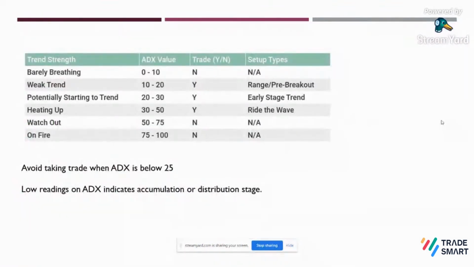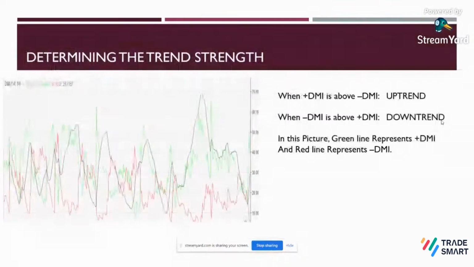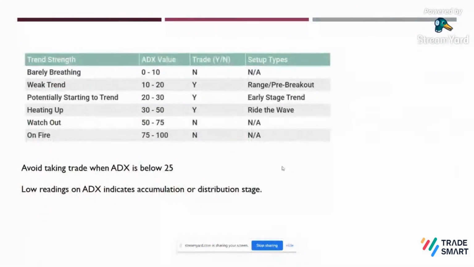So now, ADX has its own range. As you can see from the previous slide, this quantifies the ADX line. It shows how strong the trend is. So it gives us an idea that we can compare with the previous data as well, to see how strong the trend is currently in the market. And this is the way to analyze it.